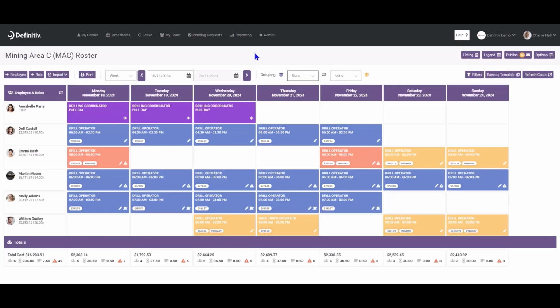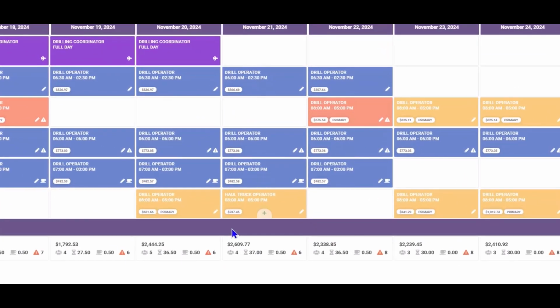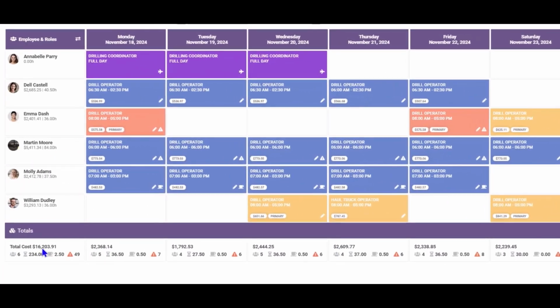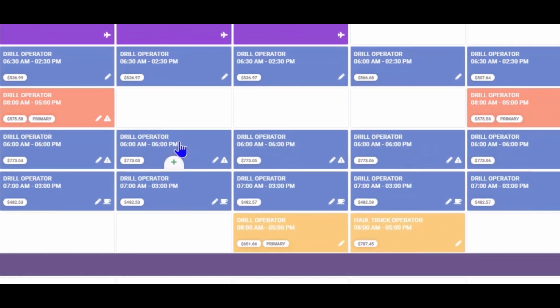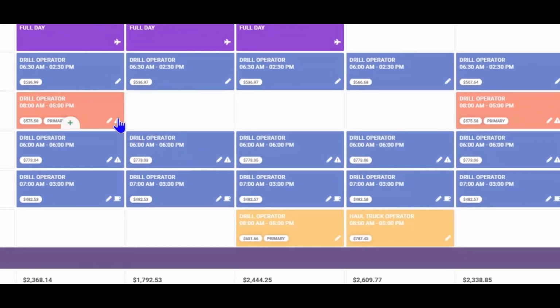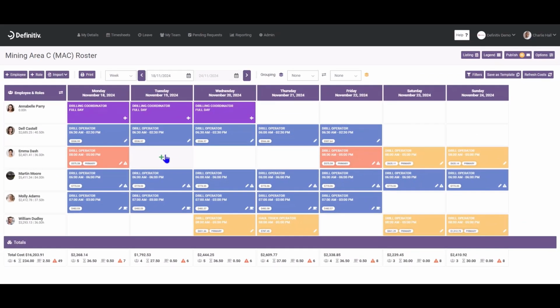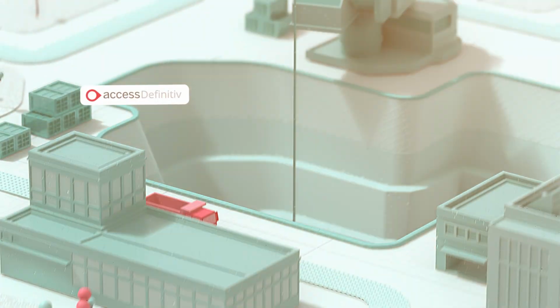The key thing within here is the fact that we're able to see true payroll costs per shift, per day, and per rostered period. And the fact that these are true payroll costs is because this is an all-in-one workforce management and payroll solution. We've also got the system calling out where there's issues with specific shifts. So for example, if an employee is unavailable to work a shift, or potentially they're not compliant to work a specific shift, these are the kind of things that the rosters within Definitiv are going to support your organisation with managing and ensuring that we are compliant moving forward.